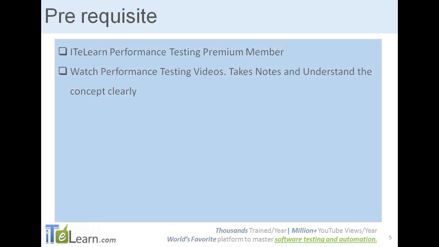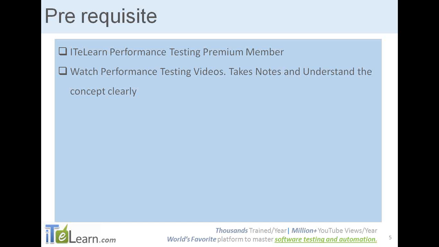Next, we would be moving to prerequisites. Here the prerequisites would be ideally performance testing premium membership for the live projects, and watching the performance testing videos.